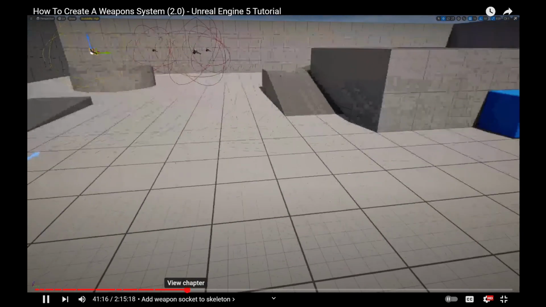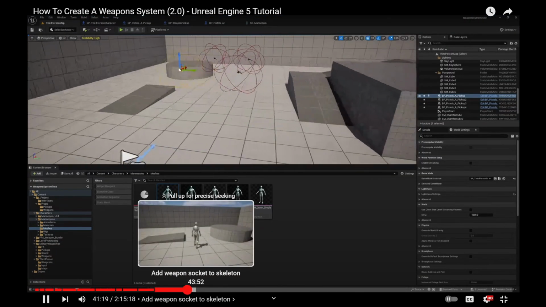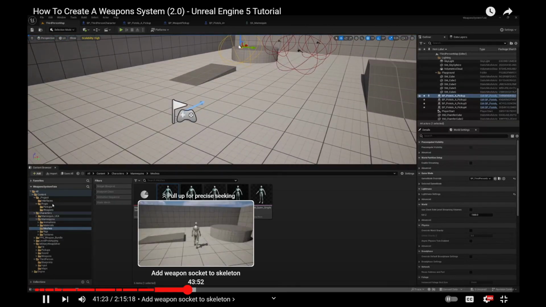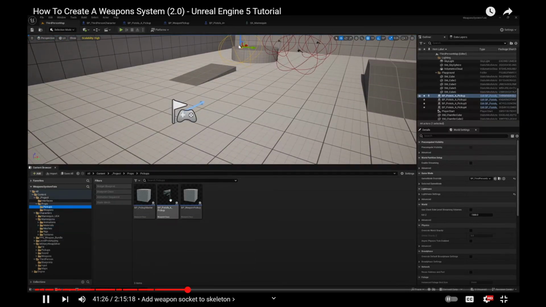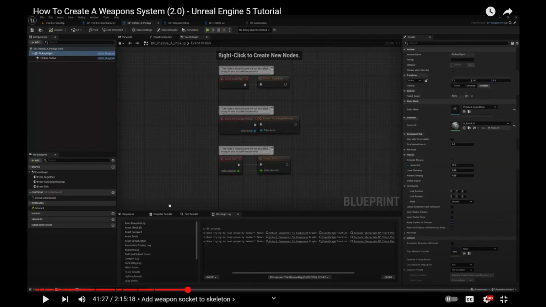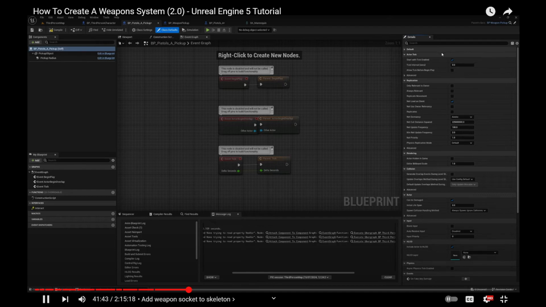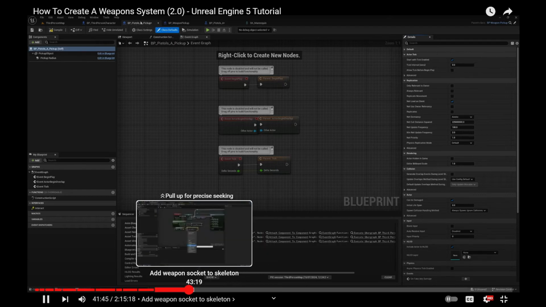What have we done? Apologies guys, I know what's going on here. We did not actually set the weapon to spawn in Pistols A. So we need to go to our Pistols A pickup, and in the class defaults, the weapon to spawn here will be the Pistols A. I just forgot to bring us back over to the pickup blueprint once we had created BP Pistols A. So now our Pistols A pickup,